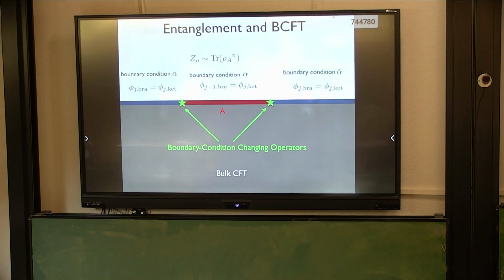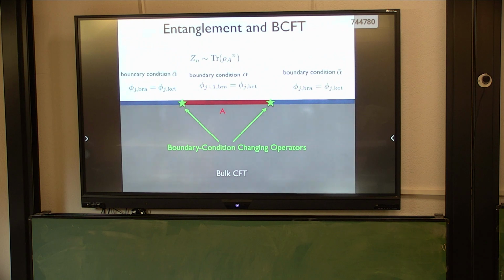So again, using the path integral. This is for the ground state of some conformal field theory. So we consider a path integral on the half-infinite plane, starting from imaginary time minus infinity. Then you can consider imaginary time evolution. And at this tau equals 0 time slice, you have